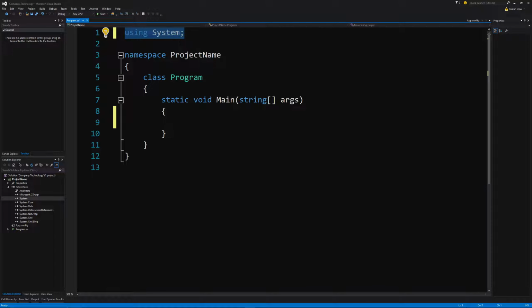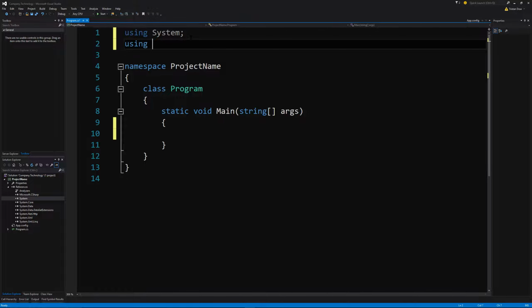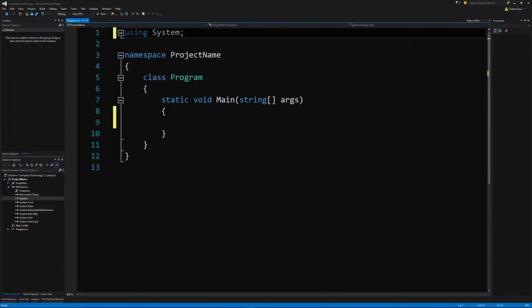So if we had another project called something, and we referenced it through the references, we could use using something, and it would reference it. If we wanted to register a class called new inside of something, we could do register something new. And I don't think you can register an actual method. So I think that collections.generic was an actual